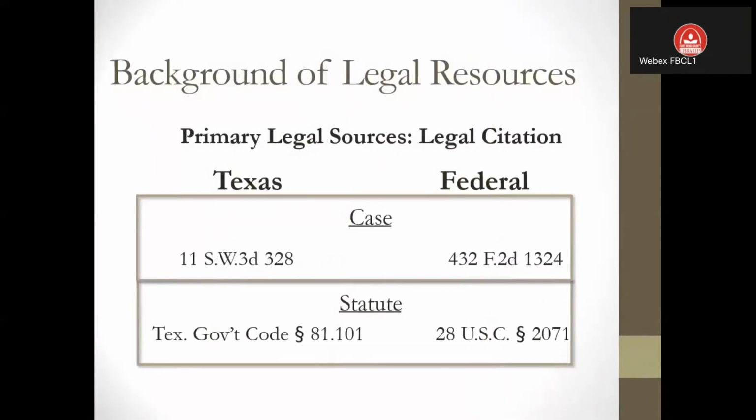So legal citation. What's good about legal citation is we had to come up with a way for you to find case law and statutes when everything's kind of jumbled up. So that's where codes come into play, especially when you're talking about statutes. But case law is typically written in chronological order.